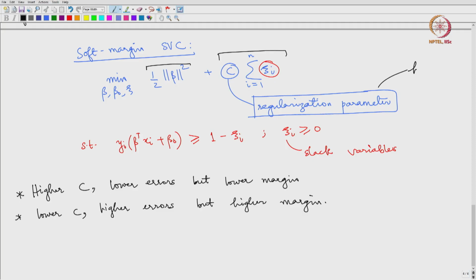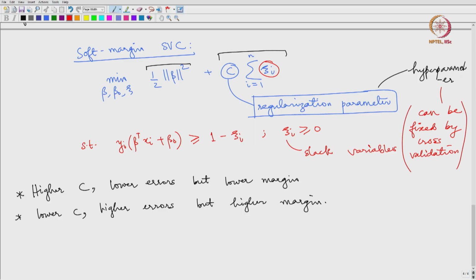This is a hyperparameter, and can be fixed by some kind of a cross validation strategy. Okay. And this is something that you can look into when you are implementing these kind of models for a